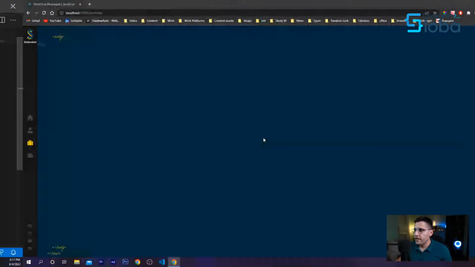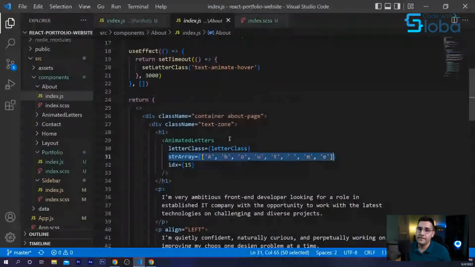Okay, now for the page title, actually for the h1 tag, here I just pasted the simple text, but what I'm using on other pages, and let me show you again if you haven't watched it. So we are using this custom component which is called animated letters, and this component receives an argument of the letters and it animates it.